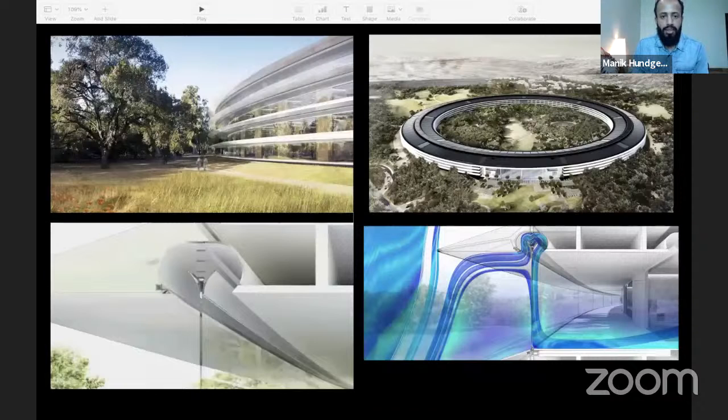So, what is an experience, and how does it change? Well, this is another example. This is the Apple campus, right? And some of you might recognize it. So the building has a lot of design things integrated in it, and one of them is this thin line between the outside and the building. They have used huge glasses. They've used vent systems which actually allow air to come inside. And you can see this little innovation is able to make sure that people feel the way it is outside, and they're not just packed into the office.